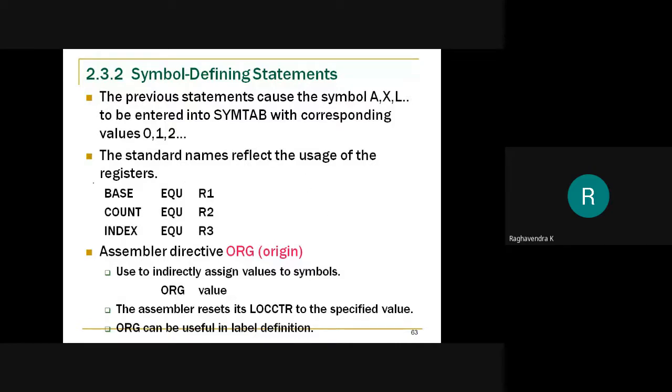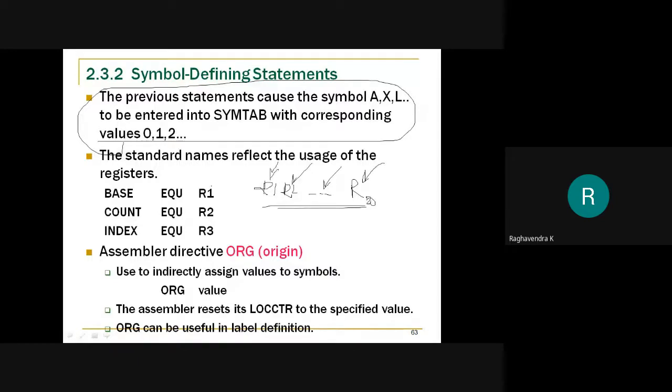Of course, here you may not see any advantage, but assume a system that has general purpose registers, like R1, R2 up to R10 or R20 or something like this. When you have so many general purpose registers, and you want to use these registers as a specific type of register, for example, I want to use R1 as my base register.